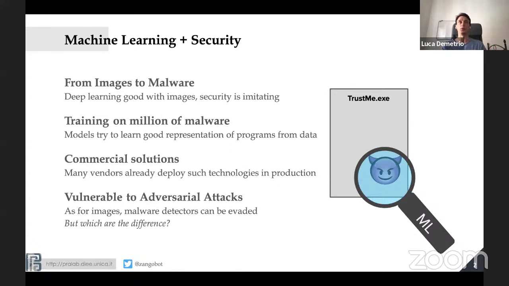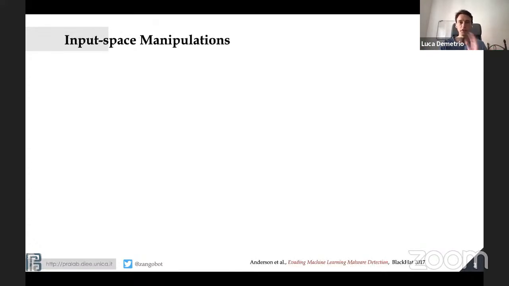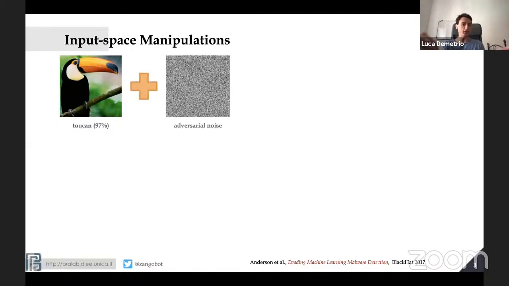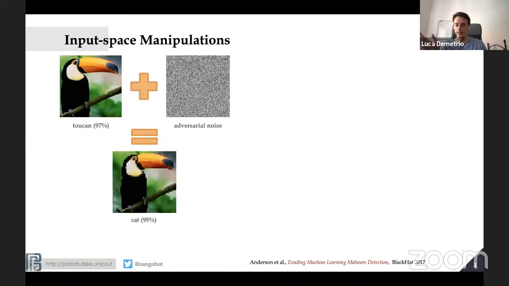So what are the differences between images and malware? First of all, we are dealing with input space manipulations. We want to perturb something and we want to run something, because we have programs. What would you have done with images? You would take an image like this, add some adversarial noise, and ta-da, that's an adversarial example, and it's misclassified with high confidence by the network.